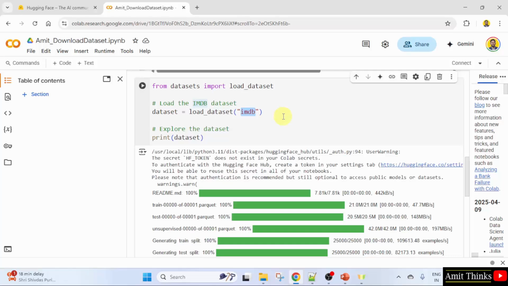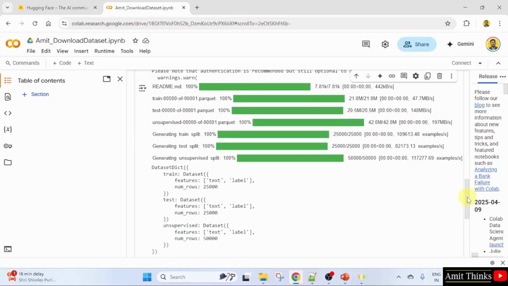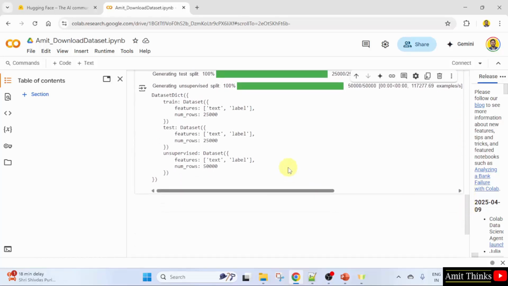When you run it, it will automatically download and process the dataset. Here we are printing the dataset. This will split the dataset into train and test. Okay, that is, it will display an overview of the dataset including the number of samples in each split. Let us see. After running, here it is showing us the structure of the IMDb dataset